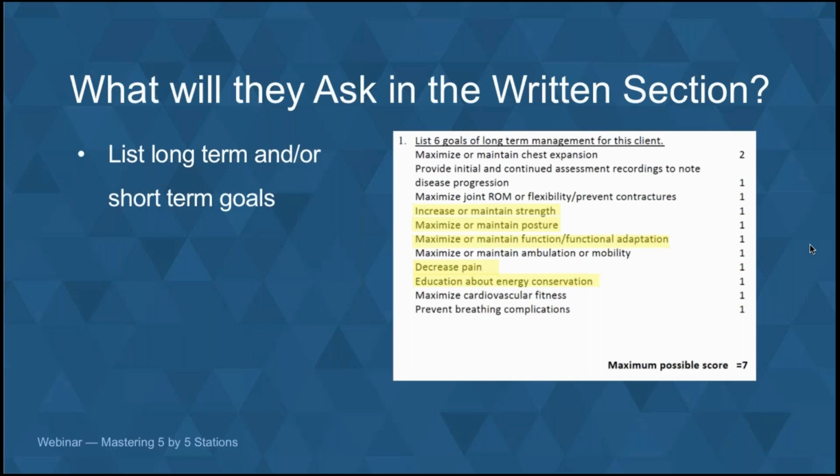Other thing I want to draw your attention to is you can see in this that it's asking for 6 goals of long-term management for this client. However, the maximum possible score for the station is 7. Now, I've reached out to the Alliance to ask, is this simply a calculation error, or is it really possible to get 7 marks on a station that's asking for 6 goals? Of course, I did not hear anything back, but what I do think is important to take from this is